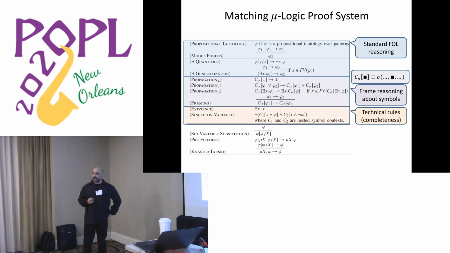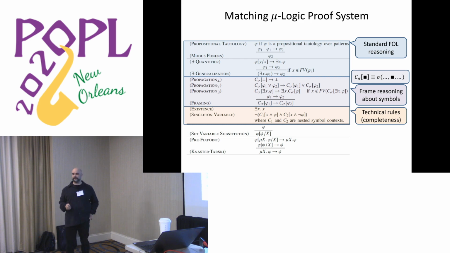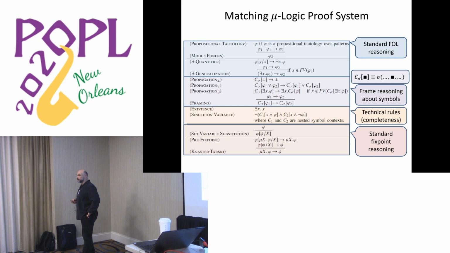All right, there are these two technical rules, which are really unexpected, but they had to be there for proving completeness of some sort of the logic, because, as I said, the logic cannot be complete in general. In particular, exists x. x cannot be proved. You have to assume it. And then reasoning rules for least fixed points, which are pretty expected. You have a prefix point saying that mu is a prefix point, and then the Knaster-Tarski, also called the Park rule, borrowed from modal mu logic, which says that mu is really the least fixed point. So if you give me a fixed point psi, then mu is smaller.